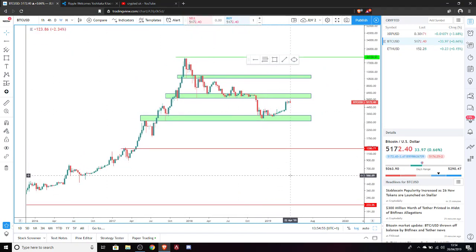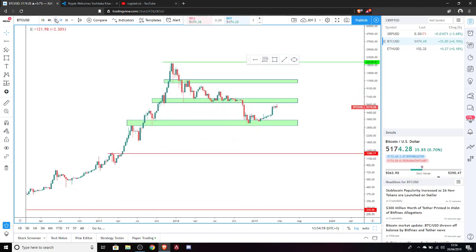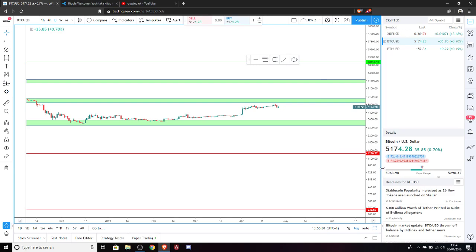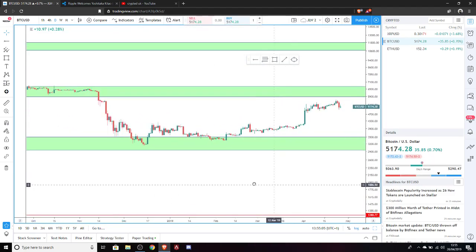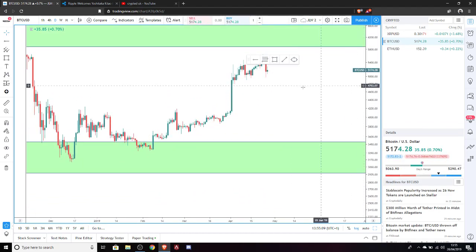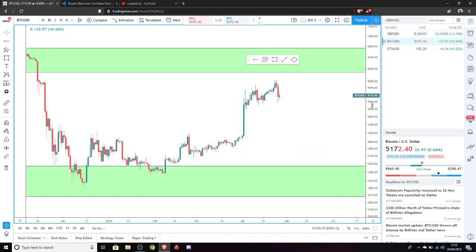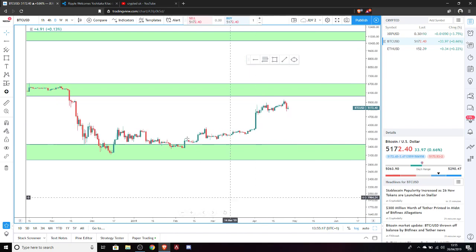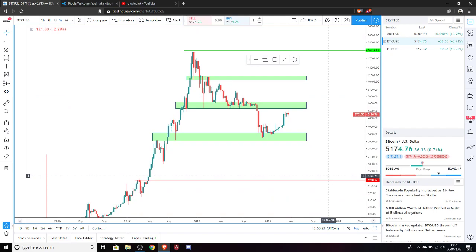Now that's pretty much the BTC chart done, and bearing in mind these are all on the weekly candles. So if we go into our daily candles, we can see everything looks a bit more zoomed in and the chart looks completely different. But you can just see how it reacts when it gets to these sort of levels. And this is the main thing we want to gauge from this. So we'll keep on our weekly candles